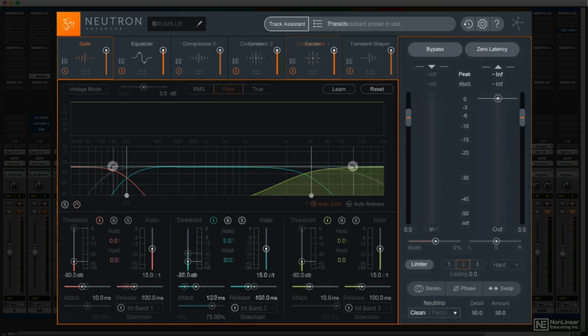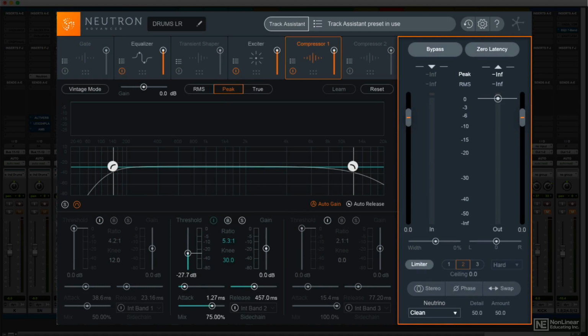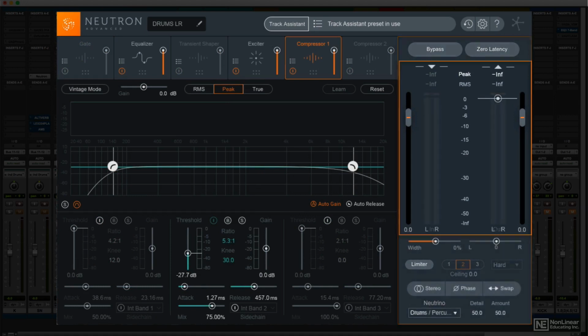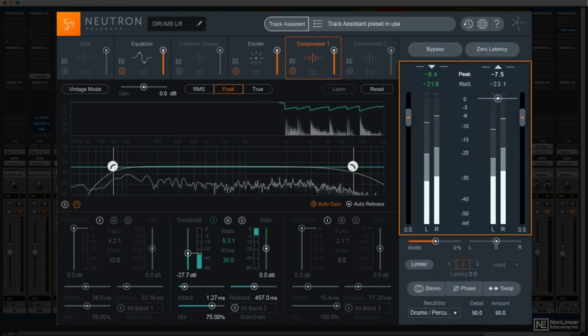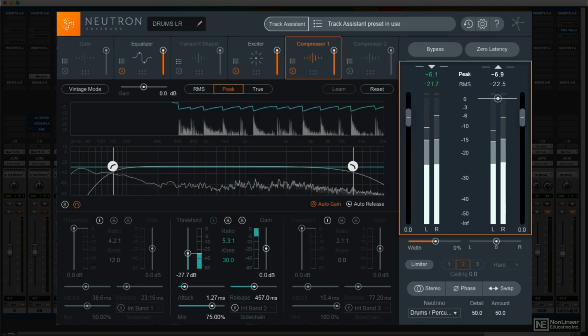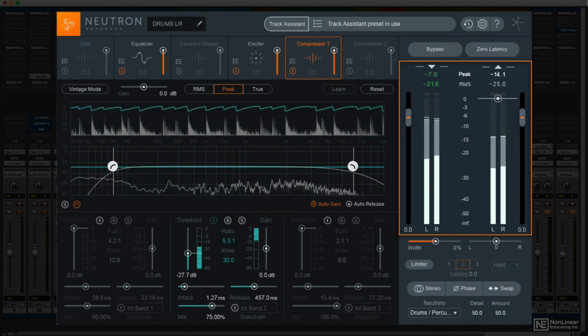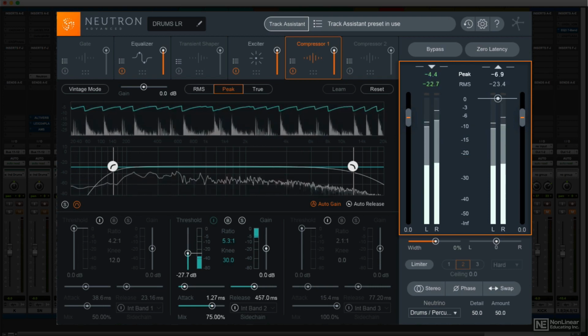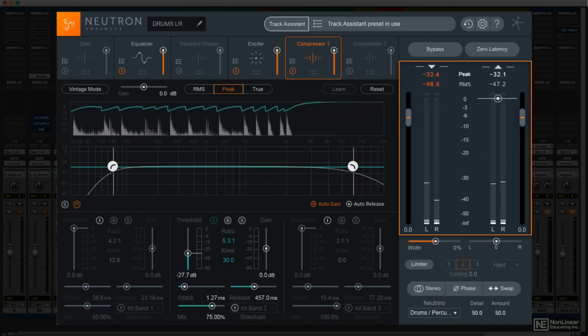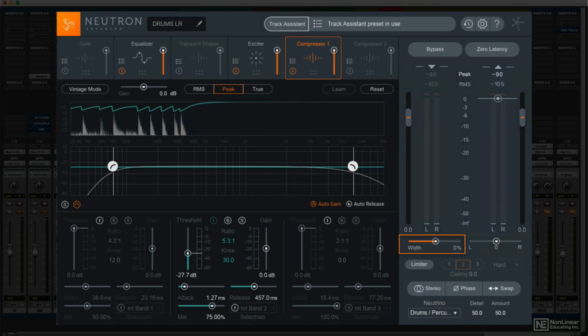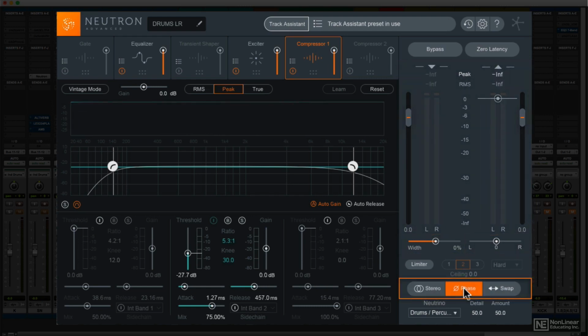On the right is the output section. Most of this area is taken up with the input and output level meters. These should be familiar to any users of Isotope's other products, like Ozone. They show both average and peak levels, along with numerical indications of these levels just below. Neutron 2 adds master stereo width and balance controls, along with a stereo mono button, phase flip, remember that really